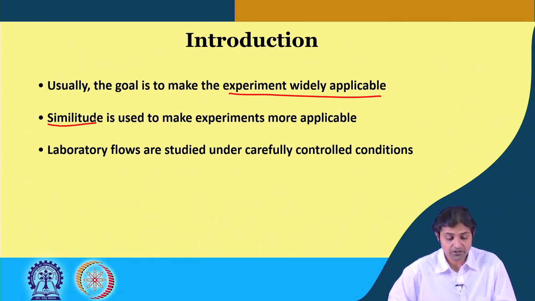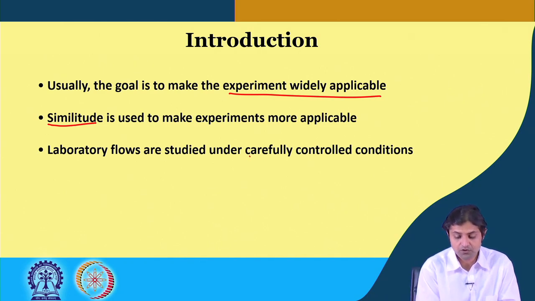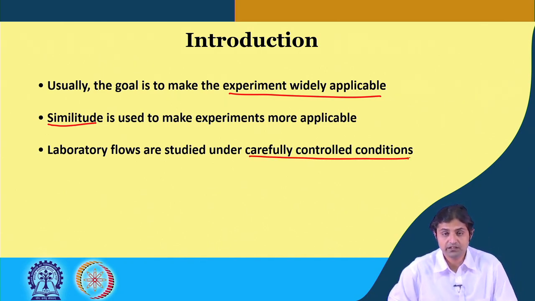We know that laboratory flows, I mean the experiments in the lab, are studied under carefully controlled conditions. In nature it might not be the case. In nature there is no control over the conditions, but in the laboratory we can actually control them. Conditions like air temperature or even the velocity can be controlled, whatever we want. I mean even the sediment sizes, the grain. In real nature, if you go to a river bed, the sediment will comprise different grain sizes. Here in an experiment, if we want, we can have a uniform set of grain sizes, for example.